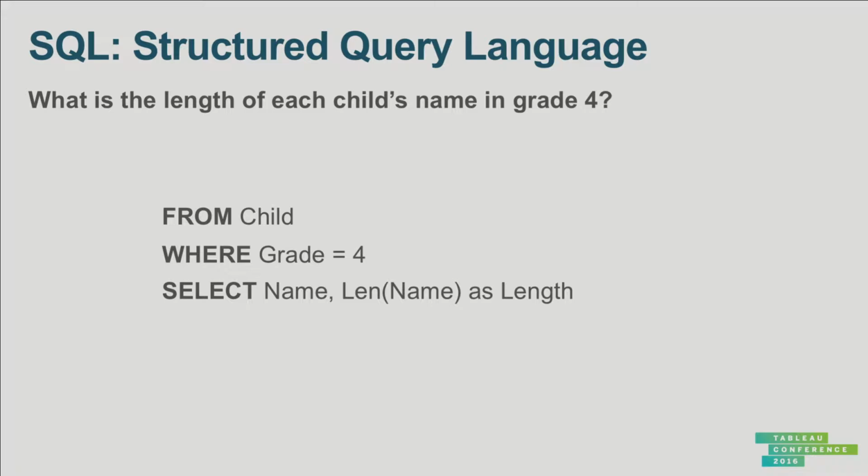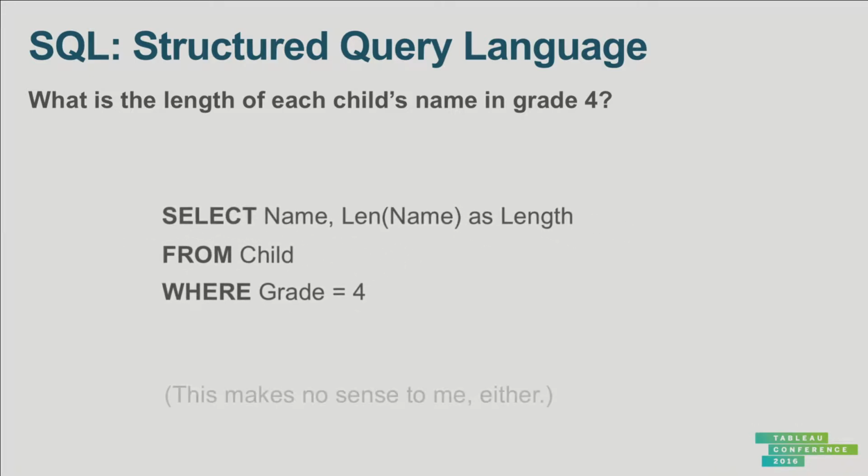All right. Does anyone here know SQL? OK, what's wrong with this? Wrong order. It's totally the wrong order. See, in SQL, I told you it was a horrible language. You write it like this. It makes absolutely no sense, right? Most of the time when you sit down to write something like this, the first question you're going to ask is, where is my data? What table is it in? And so you answer that from question first. And then you say, well, all right, what of those rows do I want?